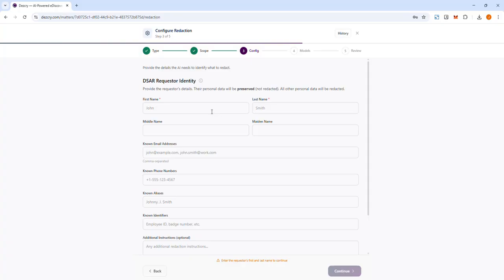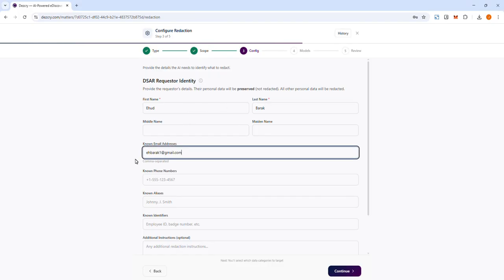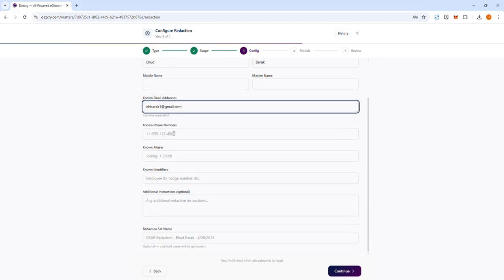All right, so here's where we input all information that we know about the requester, and this is so that it can be whitelisted by the redaction engine. We actually don't know too much in this case. I have an email address from the emails, which I'm going to use. But other than that, we only really have the first name, last name, and email address of Ehud Barak. If we had phone numbers, or middle names, maiden names, other aliases, we could import them here, and that's just to improve the level of